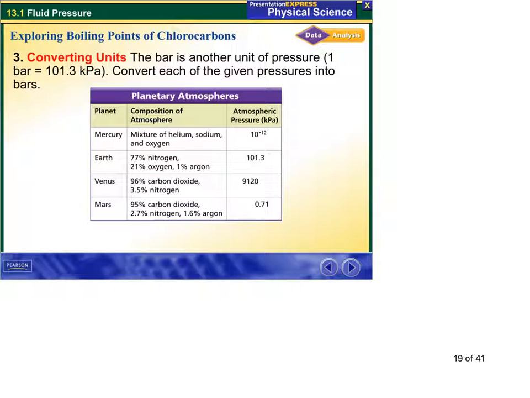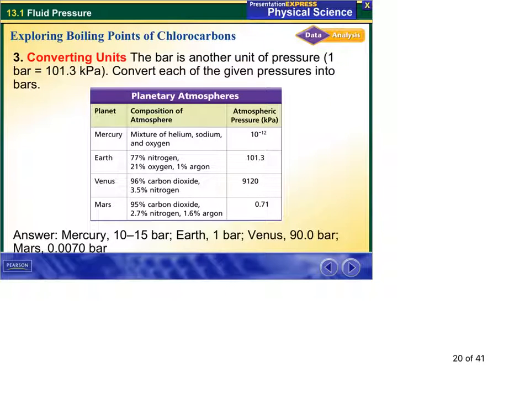And some converting units. A bar is another unit we use. 101.3 kilopascals, and we want to change each of these into bars. So each one would be dividing by 101.3 kilopascals. And after we do all that division,